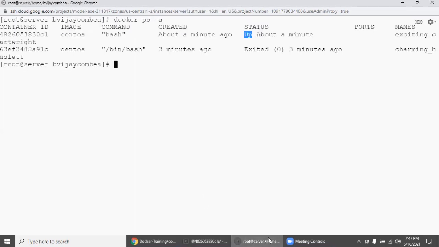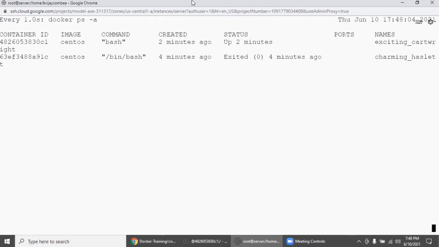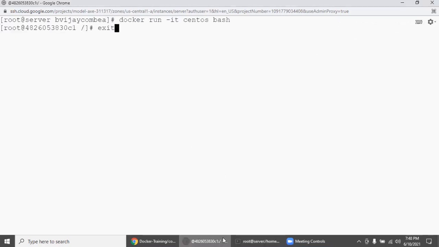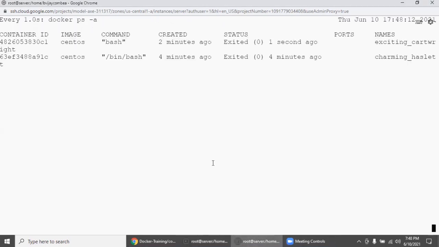But before that, I would advise this kind of thing: always add the watch command, which is a very handy command. watch -n1, you run any command. So what will happen is you no need to type every time. Every 1 second, this command will keep on executing, because we need to see the difference. The moment we exited, see here.